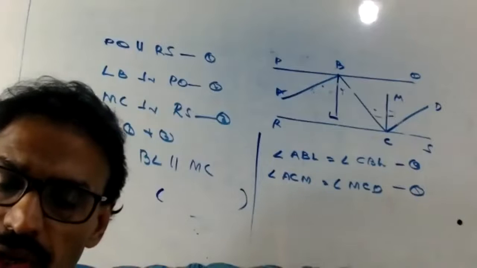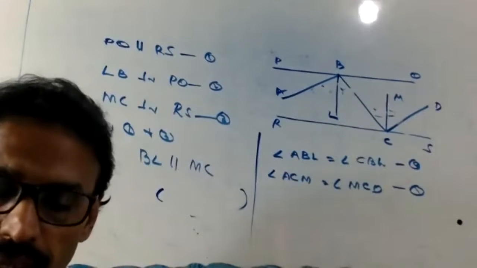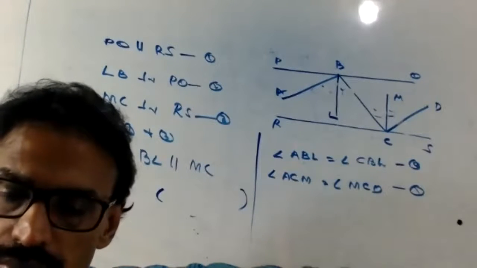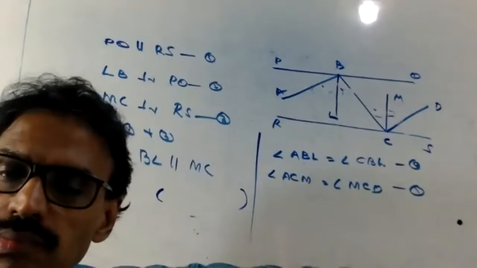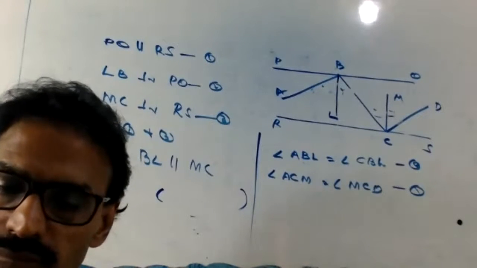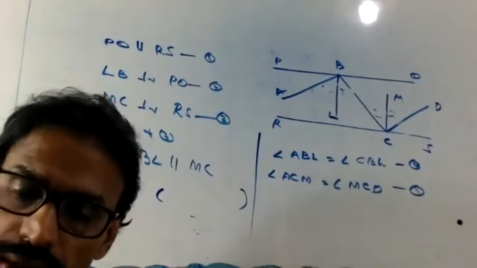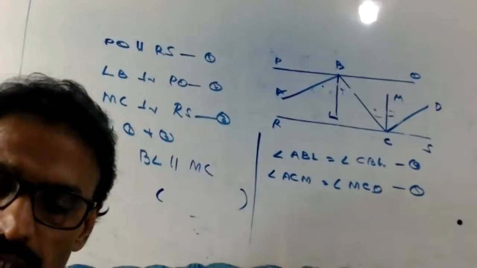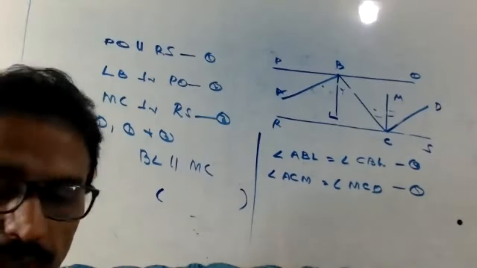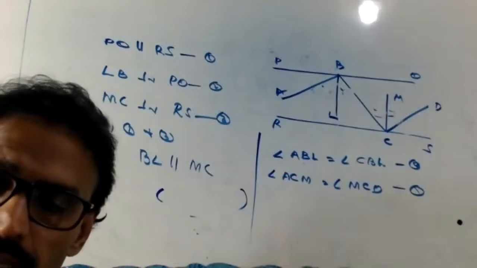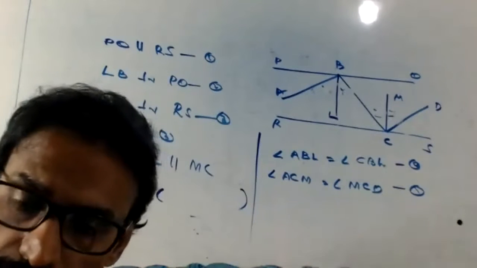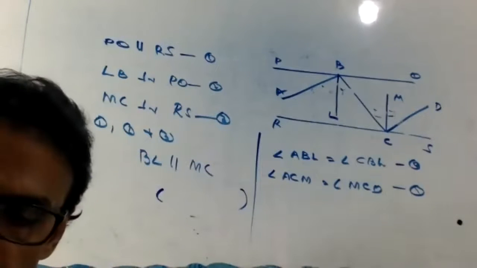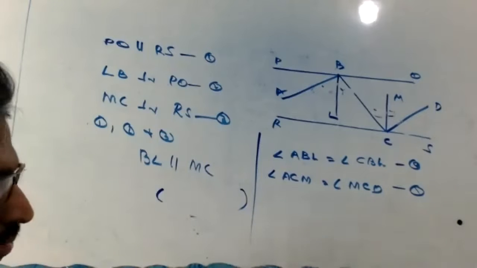When I explain the first part, you ask about the second part. When I start the second part, one student says, I didn't understand the first part. Then I go back to the first part. When I start the first part, you ask me about the second part. If you are not getting the first part, how can you understand the second part? That's why I started again. After the first part, I'll come back to the second part.